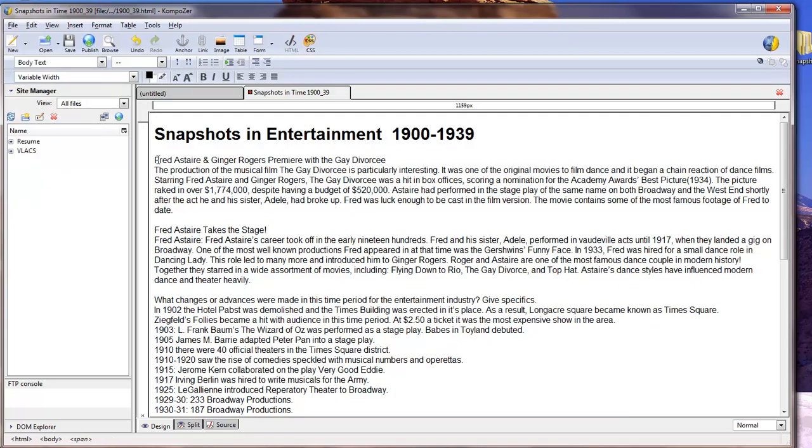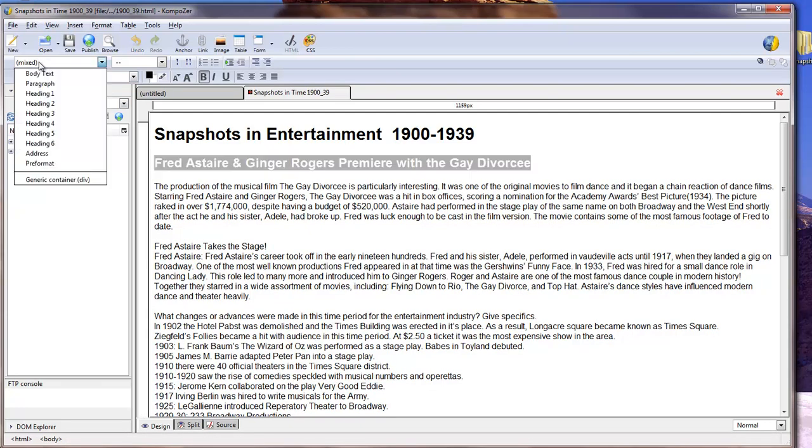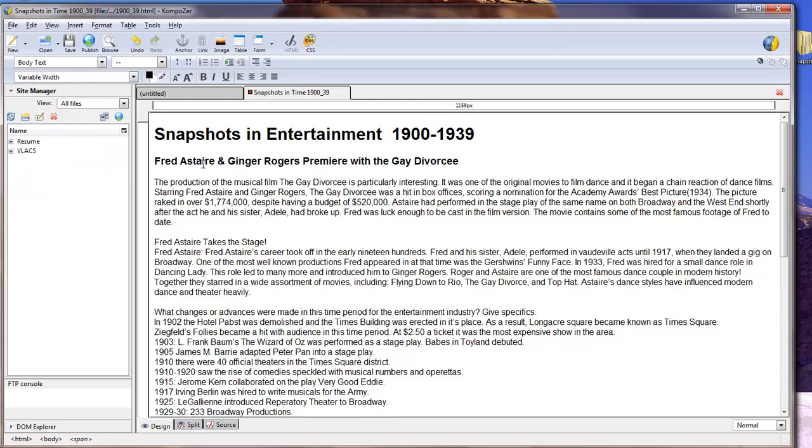And I showed you in a previous tutorial that you're removing the questions, what changes or what activity or what event took place, and you're making a header, because this is actually an informational website, so it's not going to be a question. You're not publishing homework, you're creating a website. So I changed the question into a header, and now I'm going to highlight it, but instead of heading 1, I'm going to change this to a heading 2 or even a heading 3. I like the heading 1 as my title and a heading 3 for my subtitles, so I'm going to leave it like that. And I'm going to go throughout,